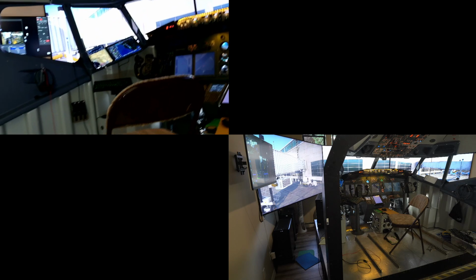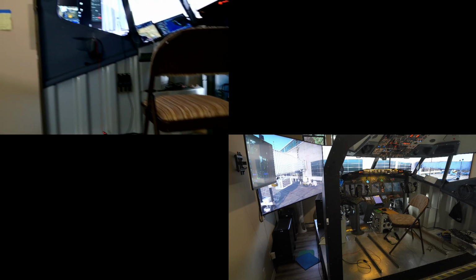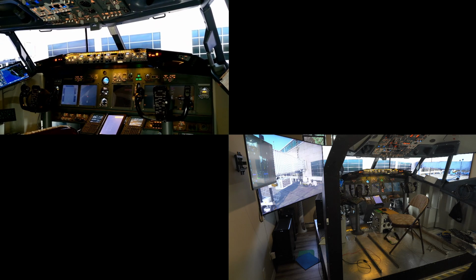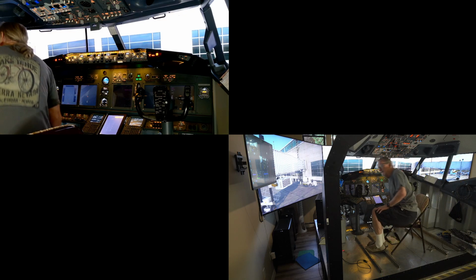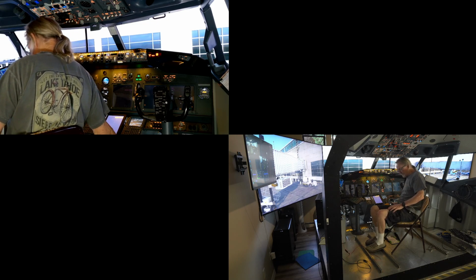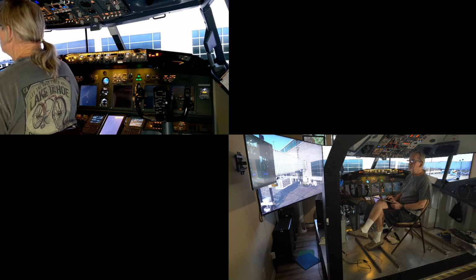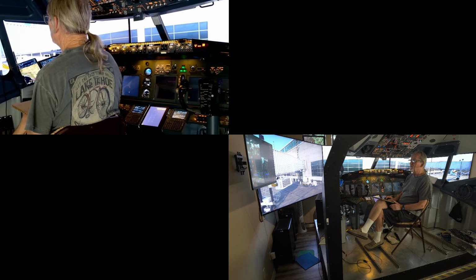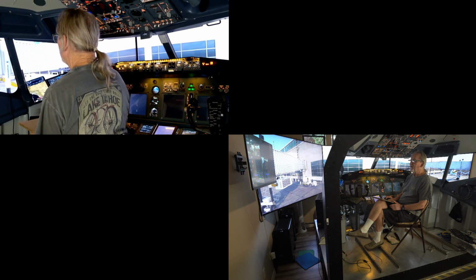No, I can't set it there because it needs to be a little higher. Right now you're looking out the front window at the gate at